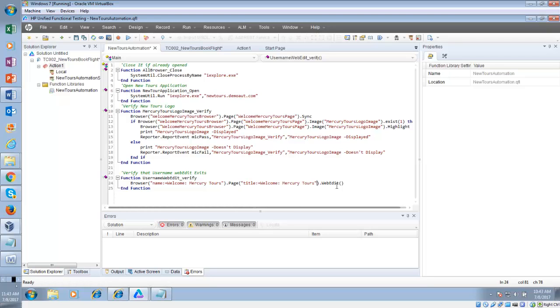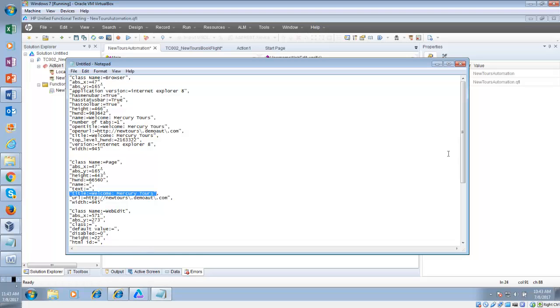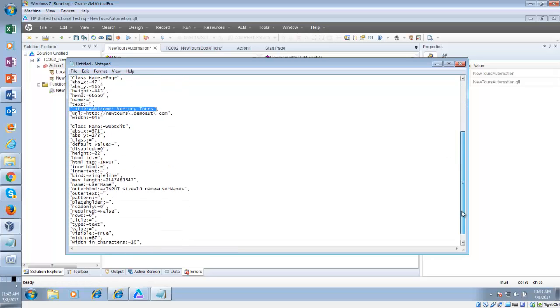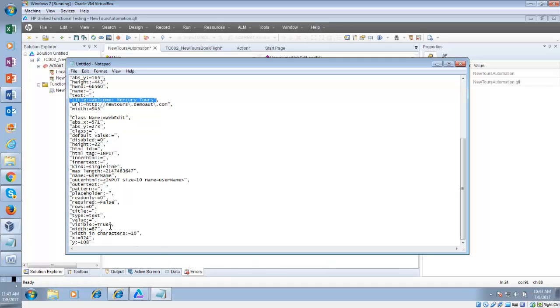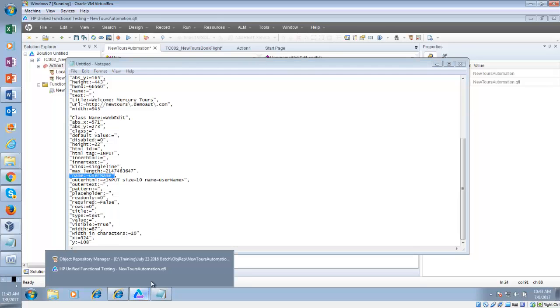And then can you see web edit? I will see what is the attribute we have for that web edit. So if you look here, we have title, text. Do you have HTML ID? Do you have anything in HTML ID? No, right? It is empty. Then can you see we have a name, username? Yeah, we are going to use this name attribute and put it here,